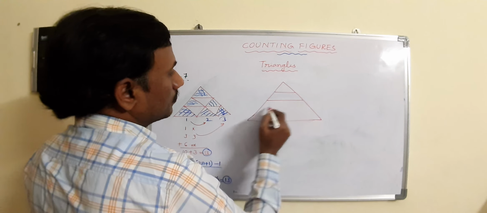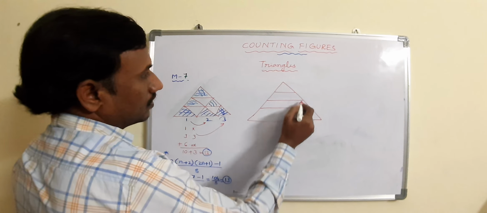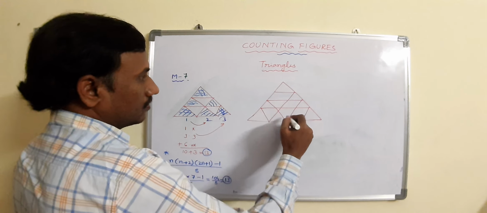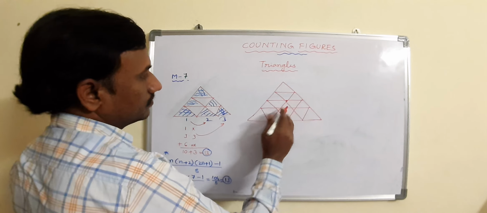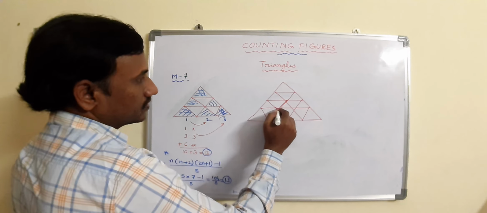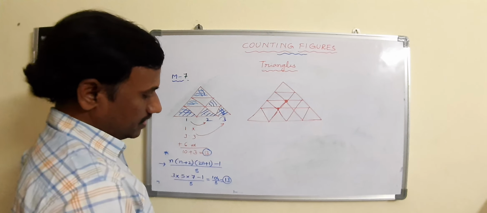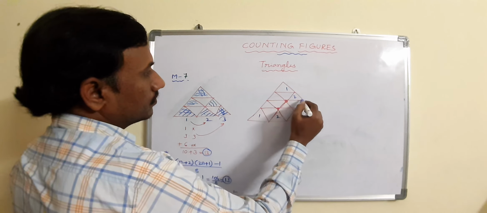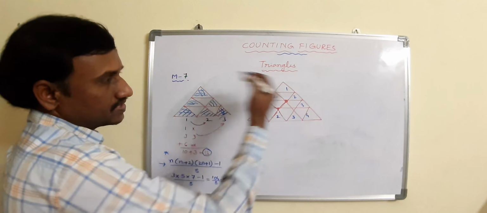One, two, three. 1, 2, 3, 4. Just because of this drawing we are getting one more, it looks like, but think of it as matching. Next, observe here and count. How many triangles are there? 1, 2, 3, 4 on each side. On all sides we have the same.